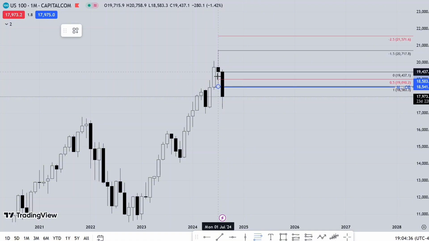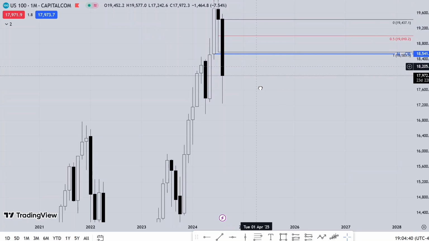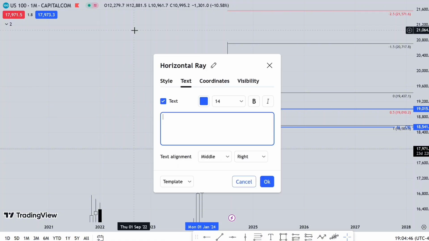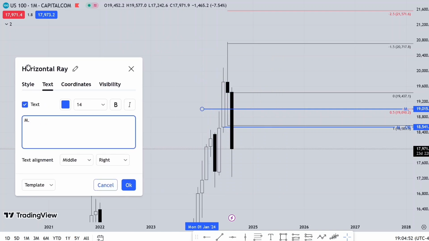So I want to label the midpoint of this week. Because it's higher than current market price, it's a premium week. So monthly,